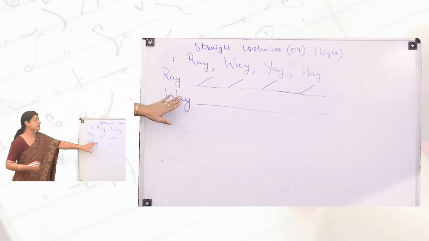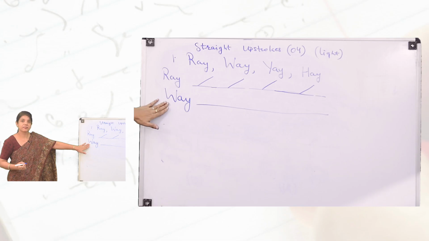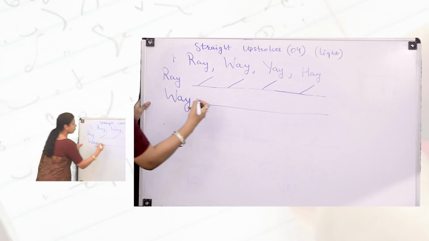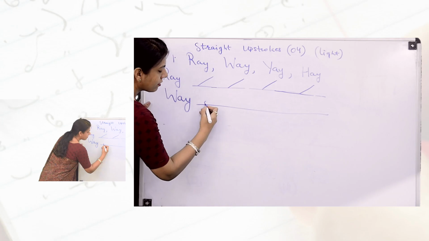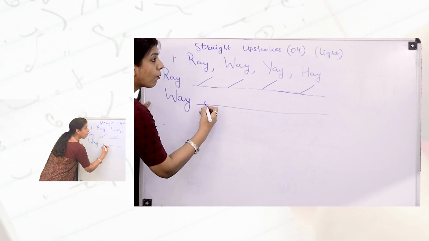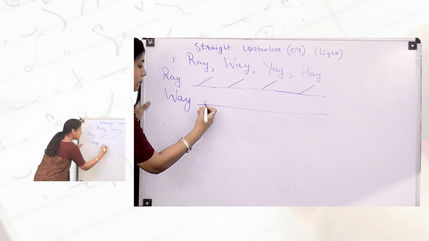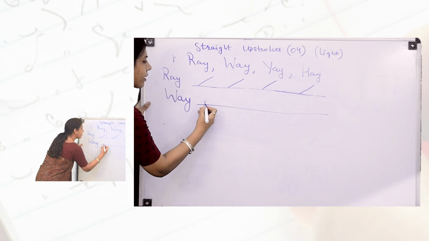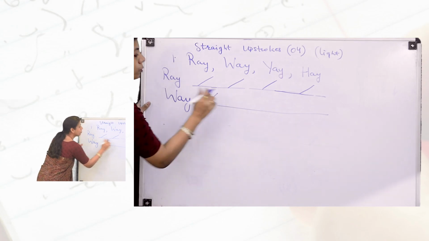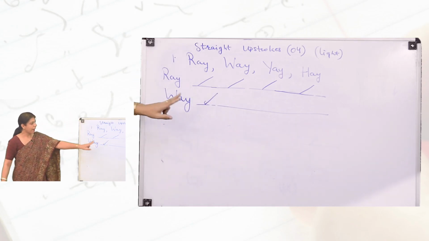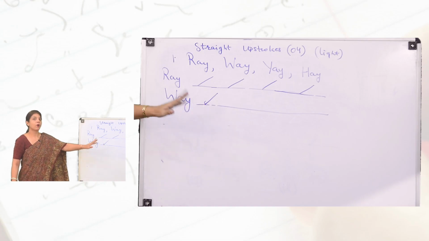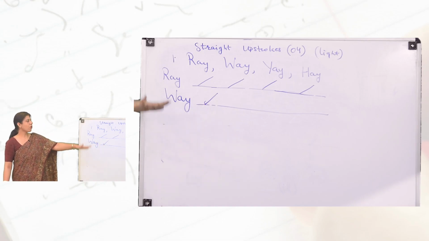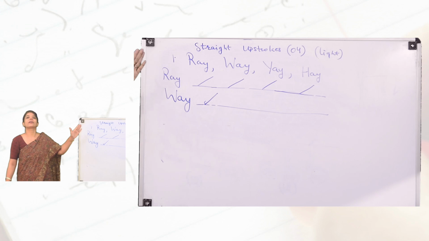Now, the sign for ve sound. A small curl or semicircle. Give a pause after you finish the semicircle to get a straight line from bottom to top. Now, why am I telling you to give a pause here? Because if you are not going to give a pause over here, you may not exactly get the straight line.